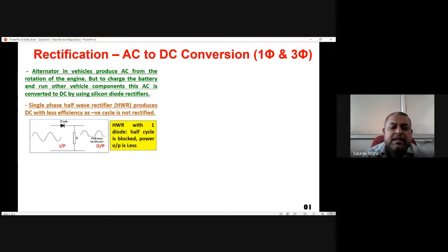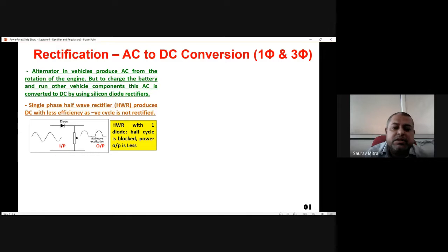We have seen this kind of circuit in our first year, a very basic primitive circuit, where there is a sinusoidal AC input, and a single diode is used for rectification of only the positive half cycle. So here efficiency directly comes below 50%, because we are not using the energy in the negative half cycle. Only the positive half cycle is rectified. You can see here the input is positive and negative both, but the output is only positive, or unidirectional.